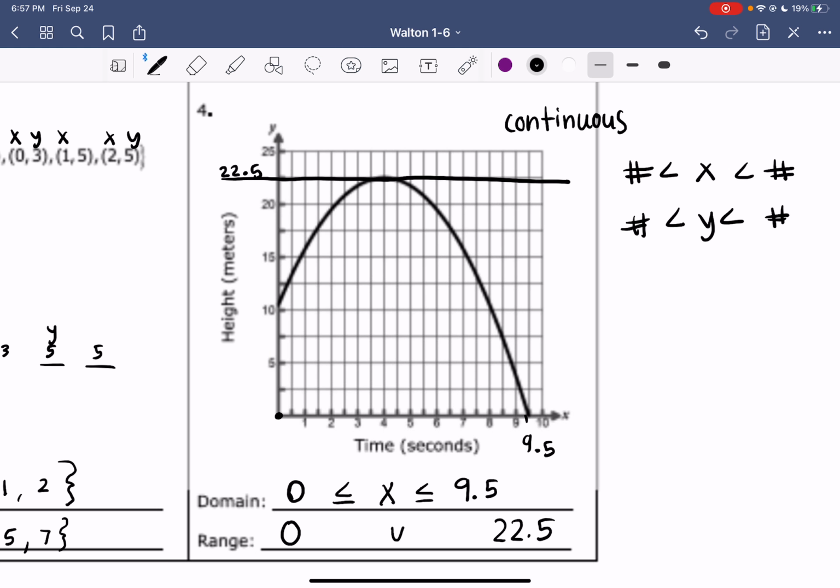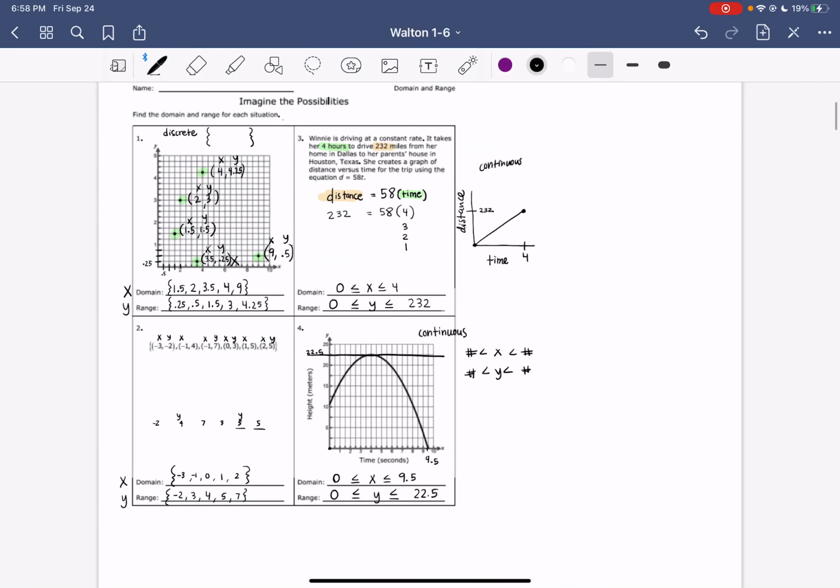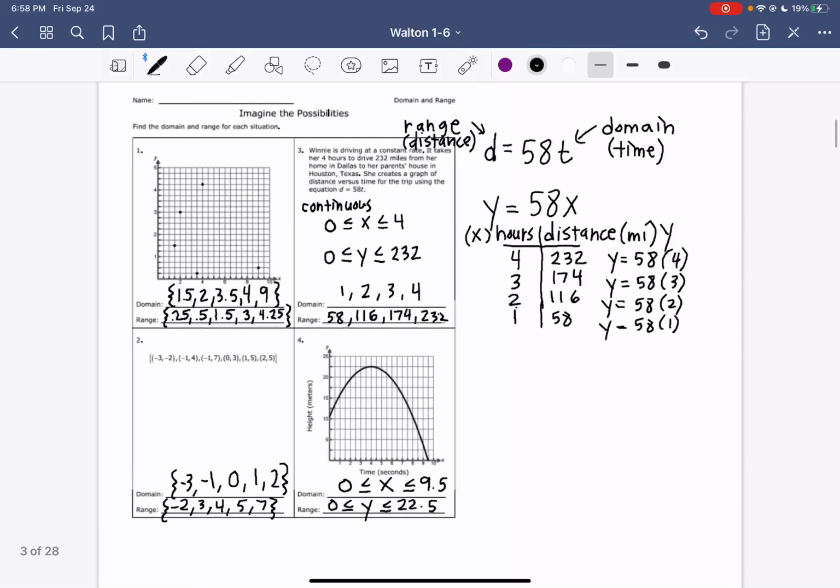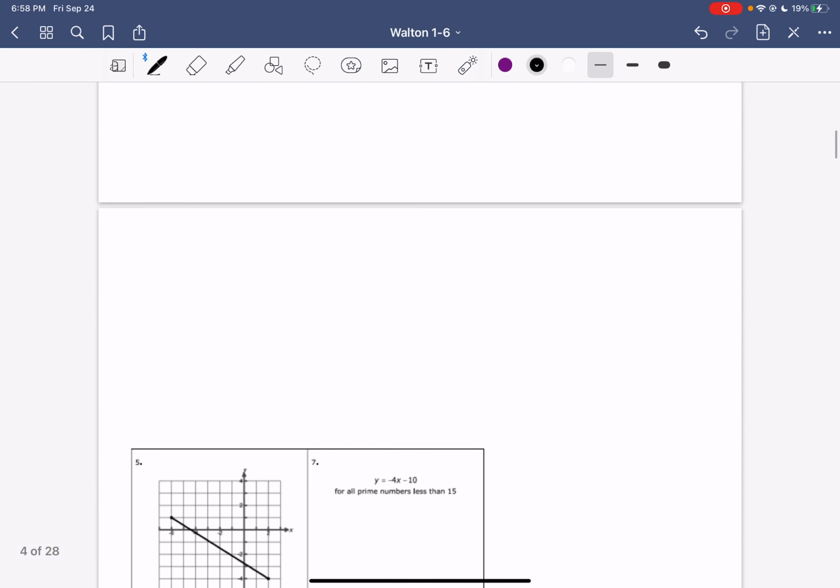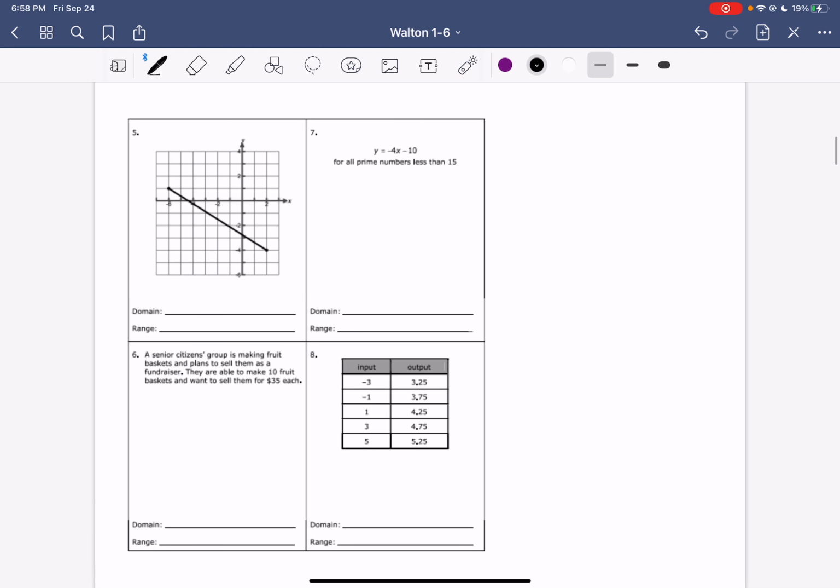And now since we're talking about range, we're talking about our y values. So our y value is greater than or equal to 0, but less than or equal to 22.5. All right, so there's page 1. And I have those there. Okay, so page